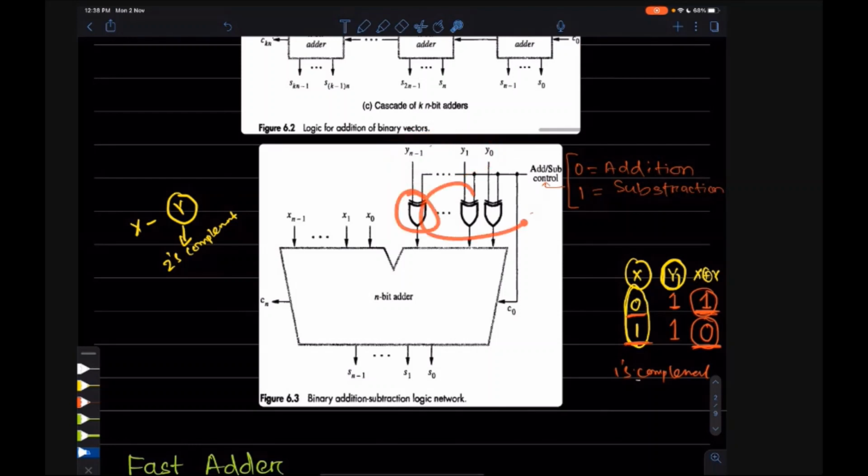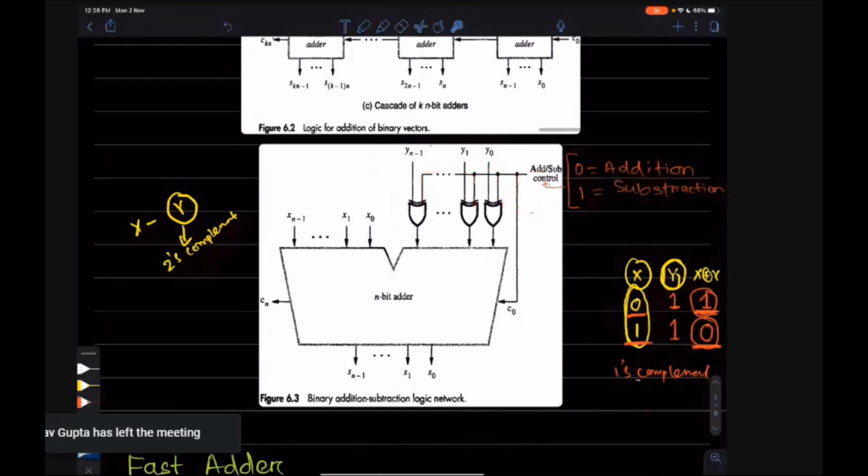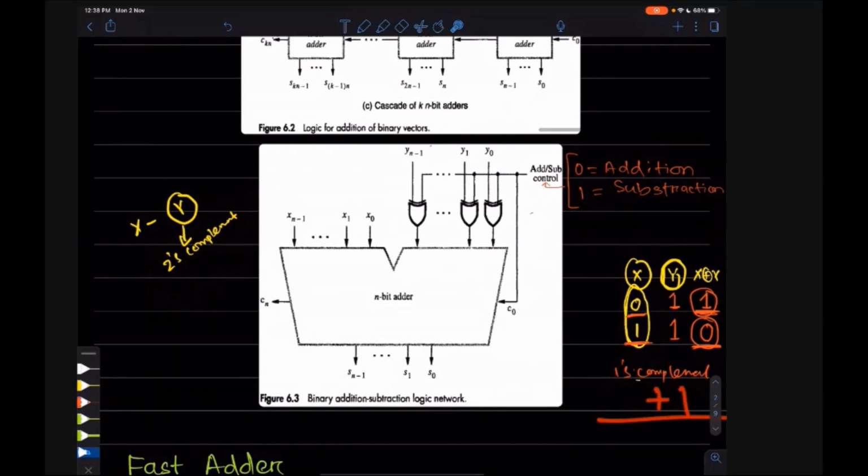The XOR gate will convert the bits if this signal is 1. Next we have to do 2's complement, not 1's complement. What is 2's complement? Just add plus 1. Whatever the Y value, just add 1 to it, then you will get the 2's complement. So where is that 1? This one is also coming like this. This is your C0.